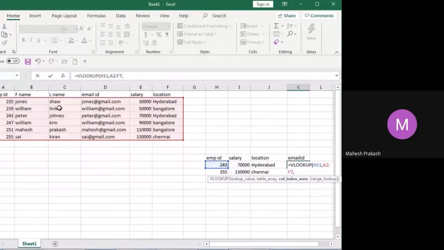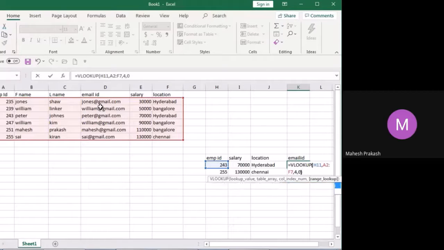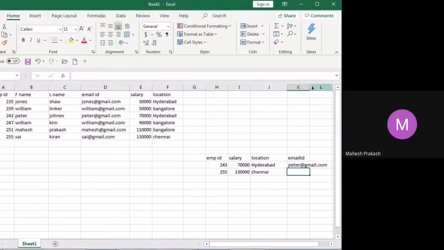My email ID is in the first, second, third, fourth column. So 4, comma, 0. For exact match, you can use 0. For true, you must use 1. Enter. See, I got the email ID as well. Now you just need to drag it. You will get it for others as well. That is all about VLOOKUP.